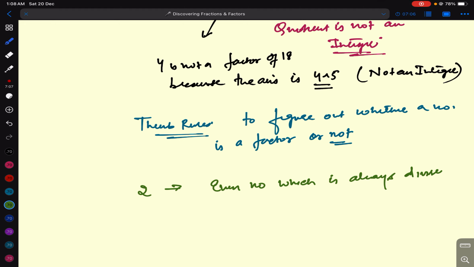So when we talk about 2, an even number is always divisible by 2. Similarly, if we have 3,